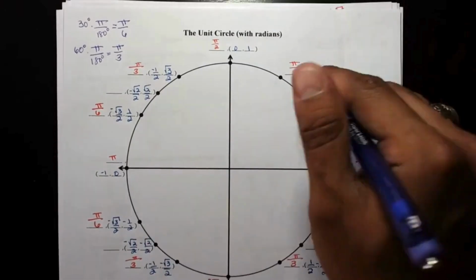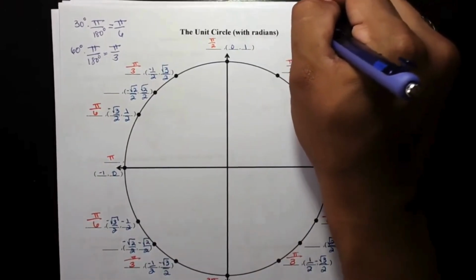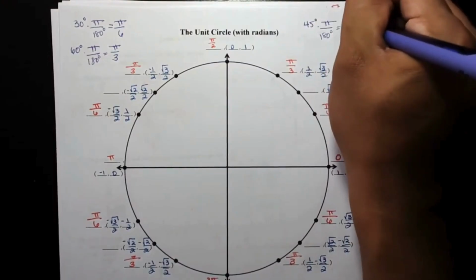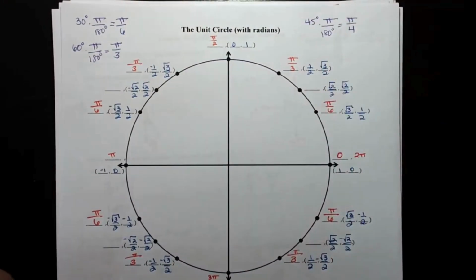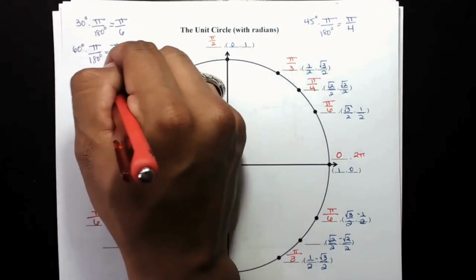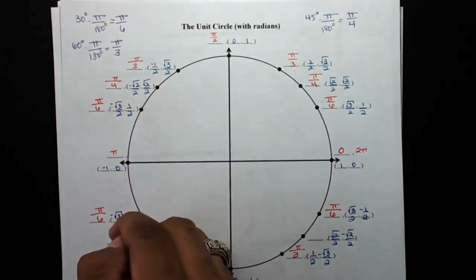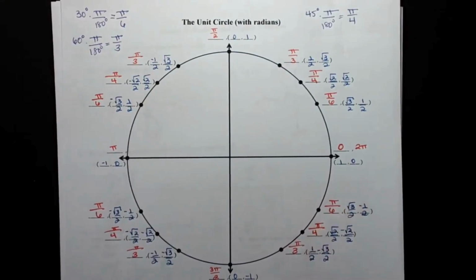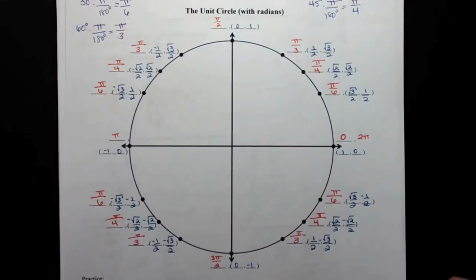What about these other ones, this 45 degree one? Well, if I convert that, you end up getting pi over 4. So this is going to be pi over 4, and every single 45 degree angle on our unit circle is going to be pi over 4. Okay. Now, how do I get this pi over 4? Well, you can convert it at any time. Like if you want to convert 150 degrees to radians, you can do all the conversion, or